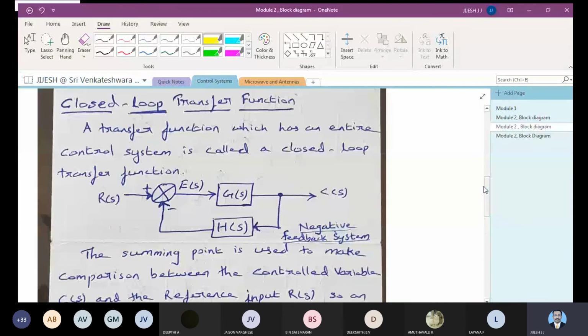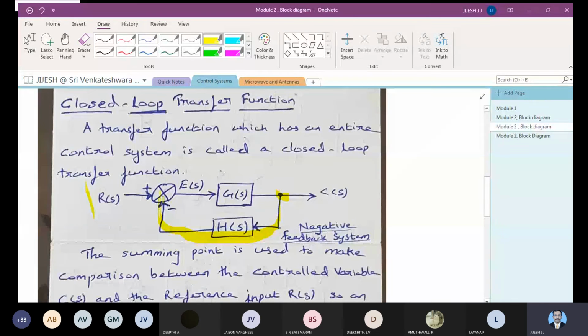What is the major difference between an open loop system and a closed loop system? Feedback, sir. The feedback mechanism is the major difference between a closed loop system and an open loop system. So we are going to see now the closed loop transfer function. We'll see this diagram. One example is taken here. This is the diagram where you have a closed loop mechanism, because you are having the feedback mechanism. You can see that this is the feedback mechanism. From the output, you are going to connect to the input.